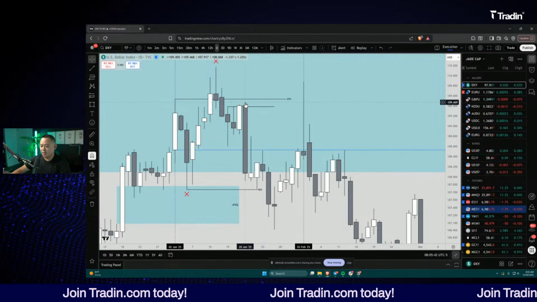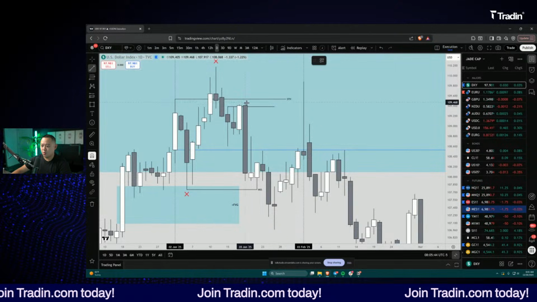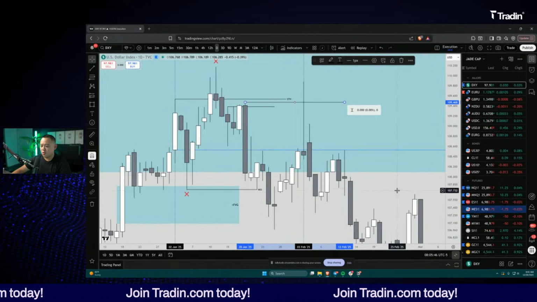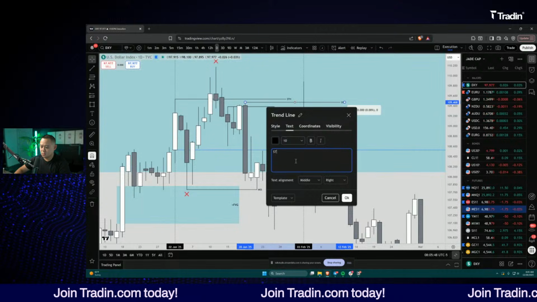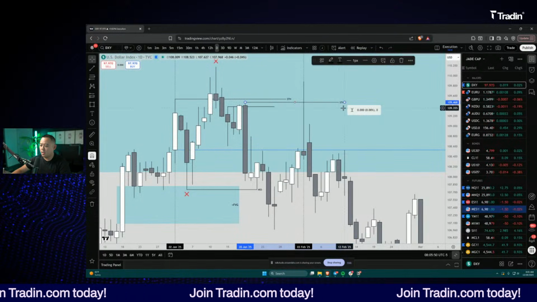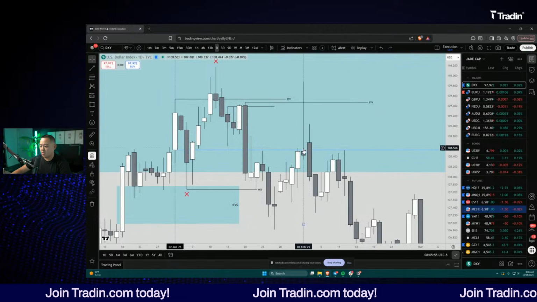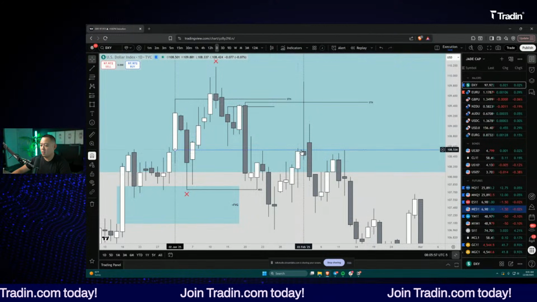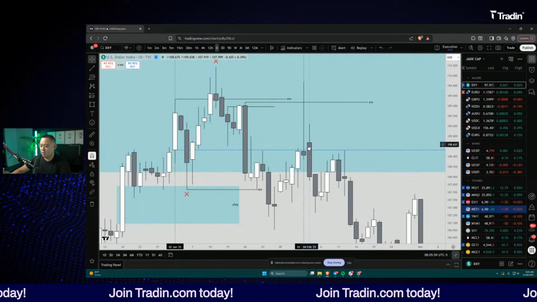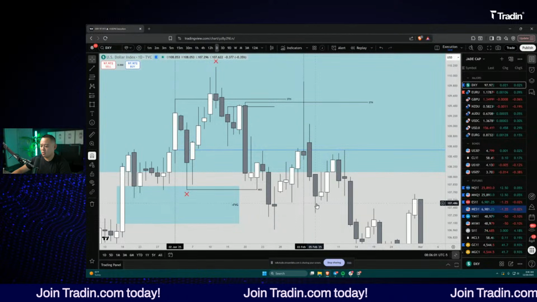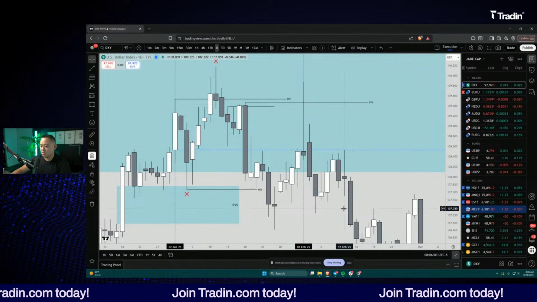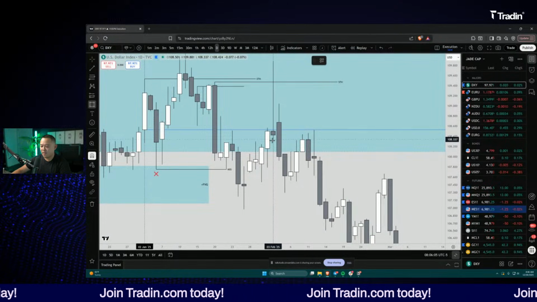In February, we come up and take out what? Another short-term high here. We have a short-term high here, but then we don't get any follow-through. We take out the short-term high, and then we get this close here. The next day trades higher, up into the wick, and then closes lower. The next day closes lower. Then we get a retracement into where? This bearish fair value gap.